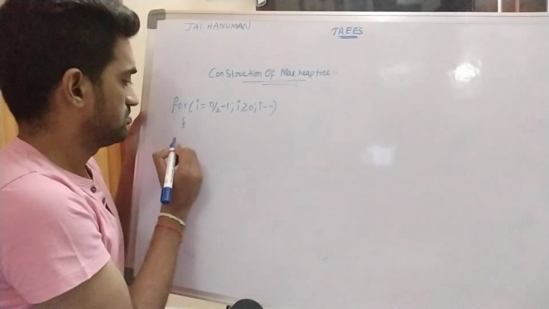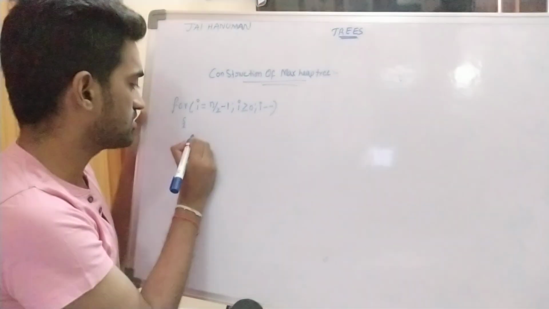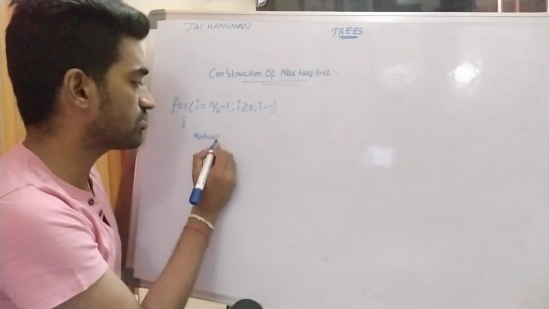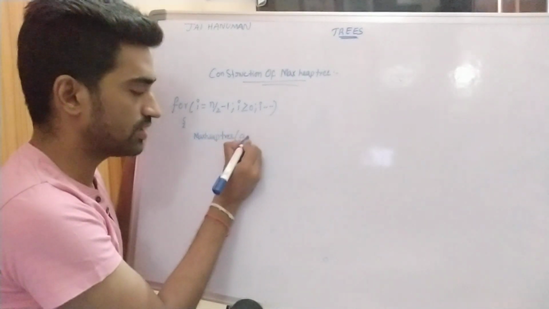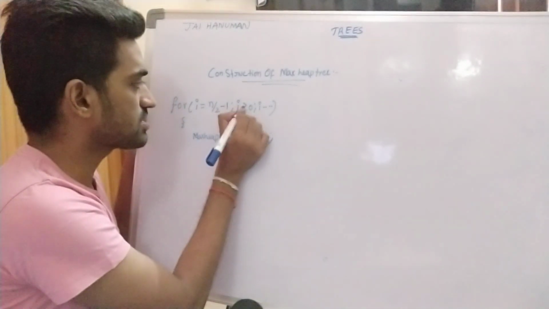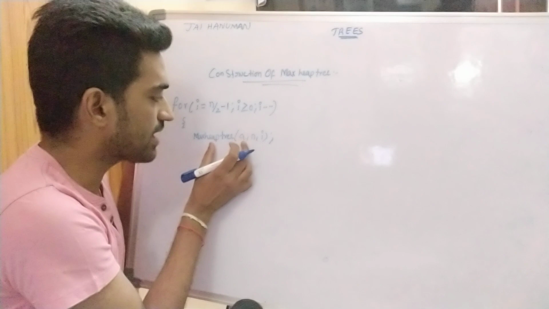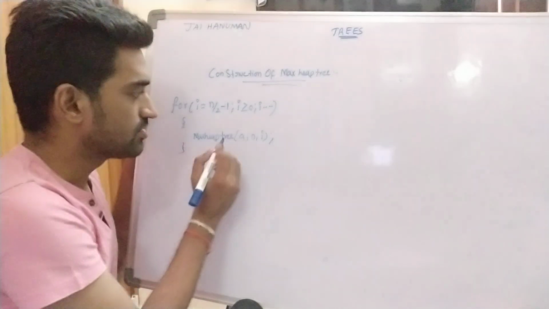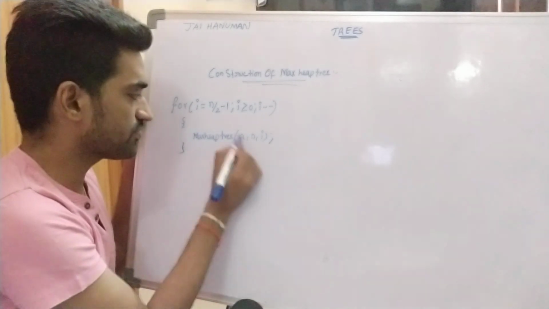In this loop, I am calling one function, that is max heap tree. I am creating one user defined function called max heap tree, with parameters a comma n comma I. Once this condition becomes true, we can call this function. The actual procedure is defined in the function definition, so the control will be passed to the function definition for max heap tree, right?